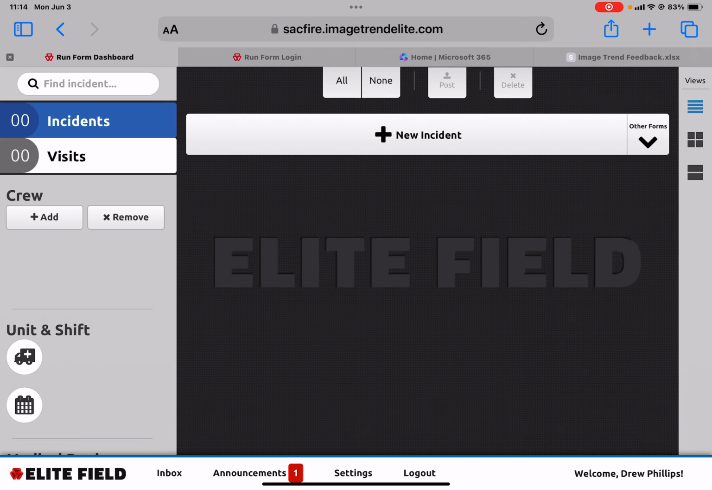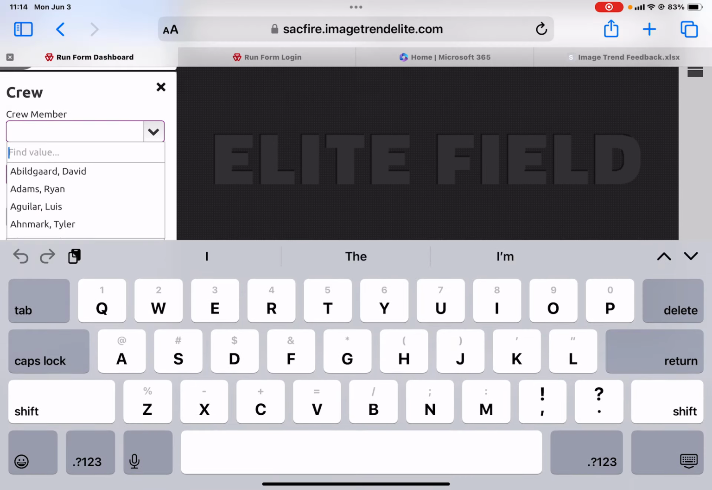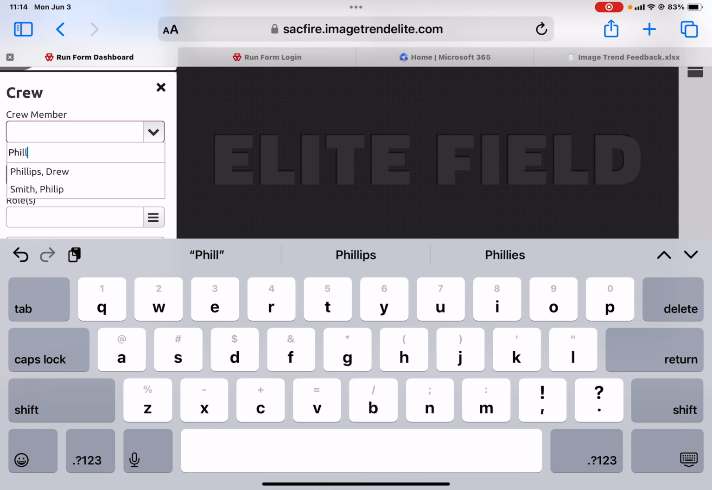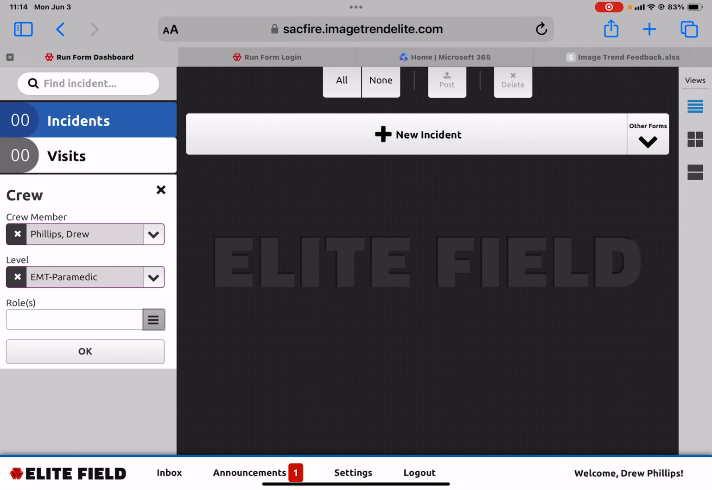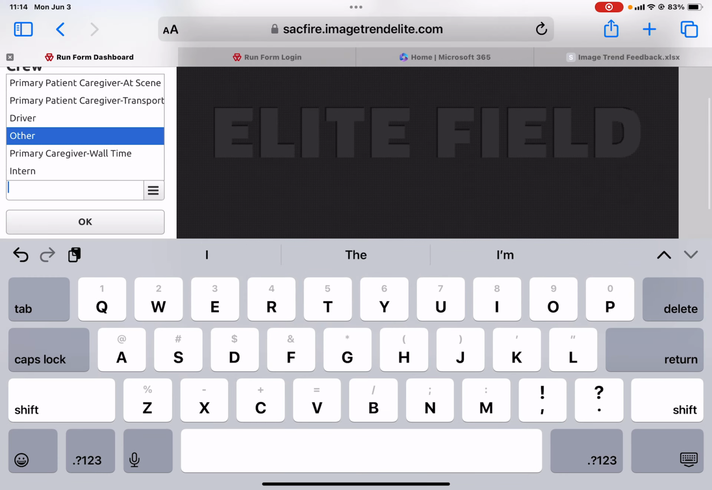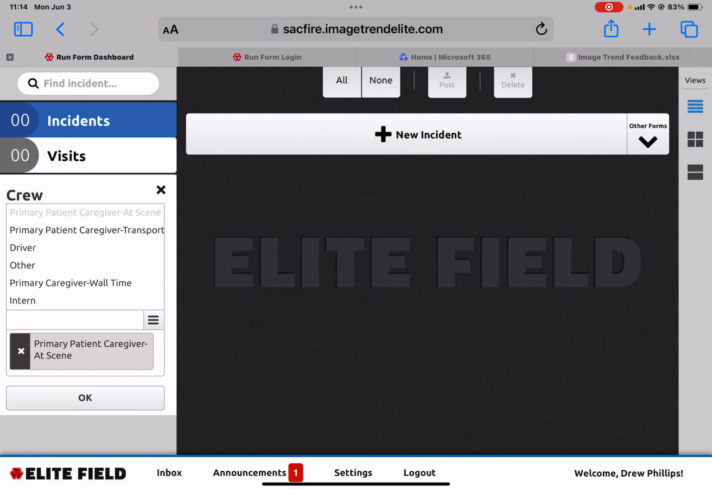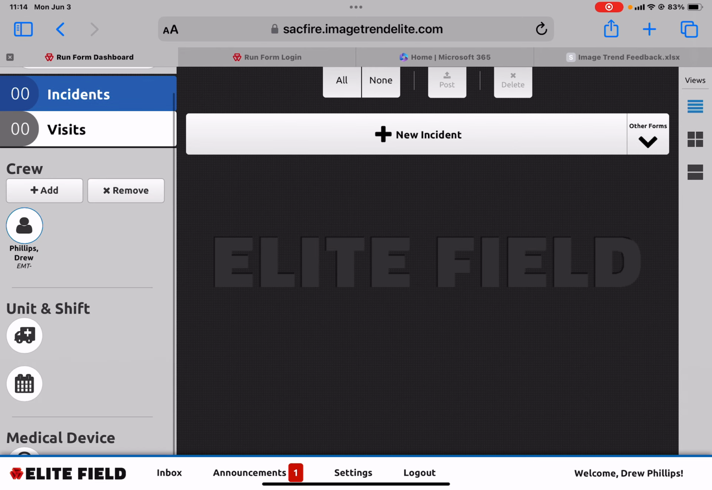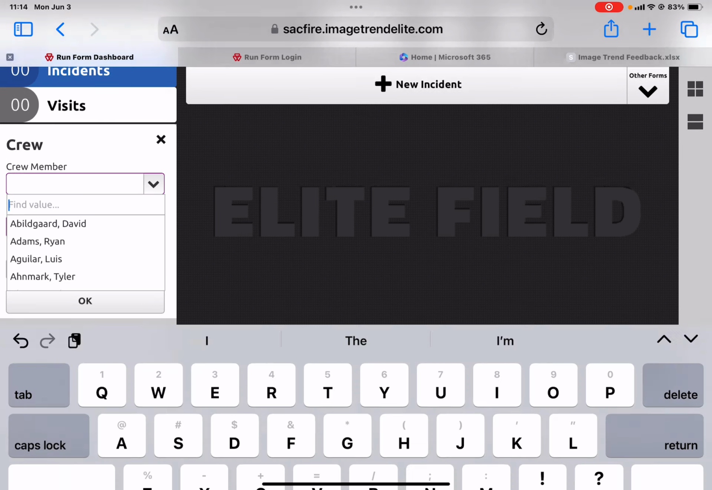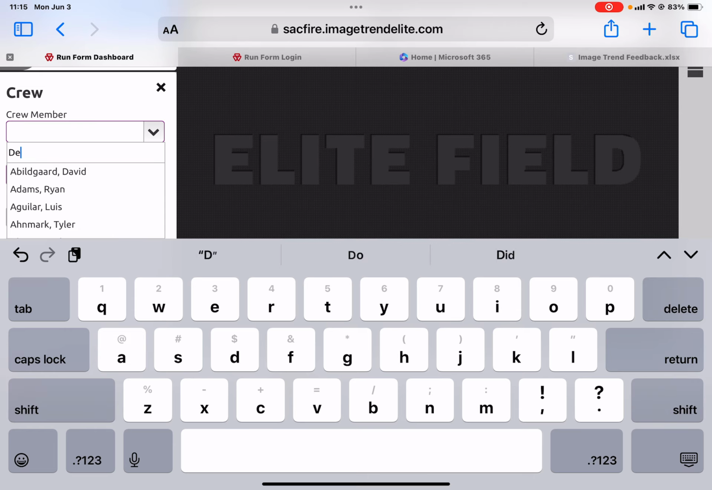So once your software syncs, you can go ahead and add your crew. So I'll add myself. Level will be paramedic. Role will be primary transport driver. All right. Hit OK. Add whoever you happen to be working with that day